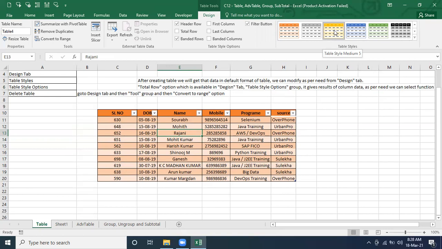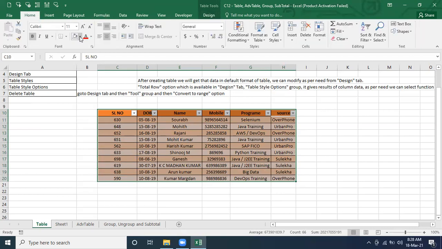It's working, but the problem is, when you convert from a table to a normal range, whatever background color was there still exists on that range. So we have to remove the background color of that range, whatever is there.